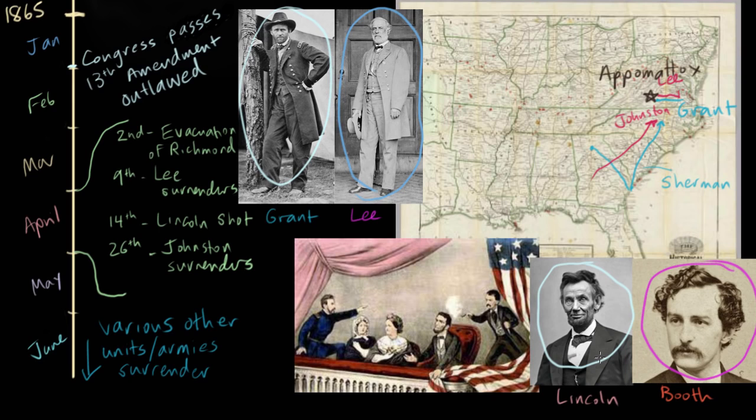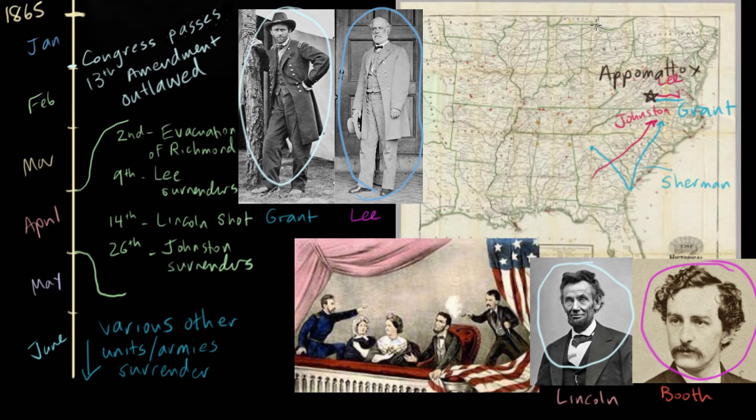Booth was a Confederate sympathizer and almost certainly a Confederate spy who had gone up to Canada at some time to plot some movement on behalf of the Confederacy. And he was an outright racist. I think the part where Lincoln said that African Americans would have citizenship was what pushed him over the edge into assassinating Lincoln. Originally, he had actually planned to kidnap Lincoln and ransom him for the end of the Civil War. But after Lee surrenders, Booth's plan changes. He wants to basically decapitate the government.